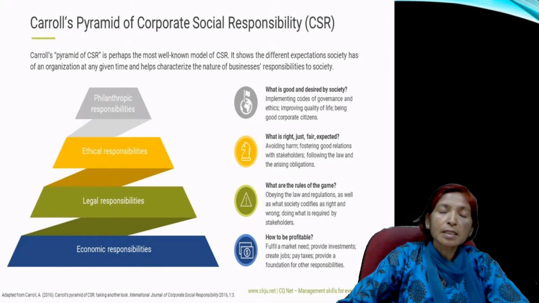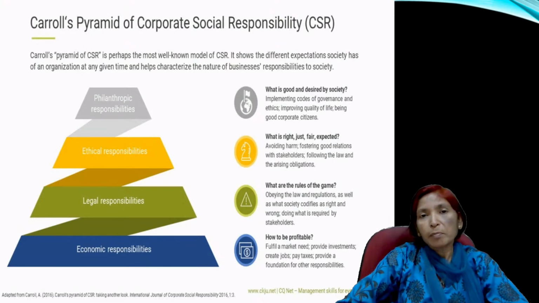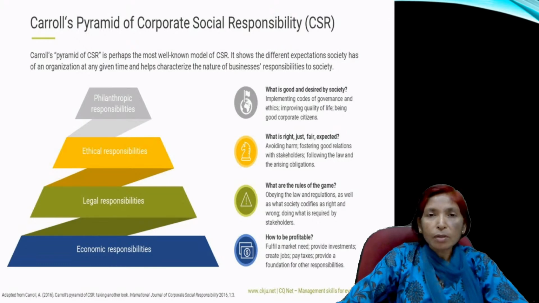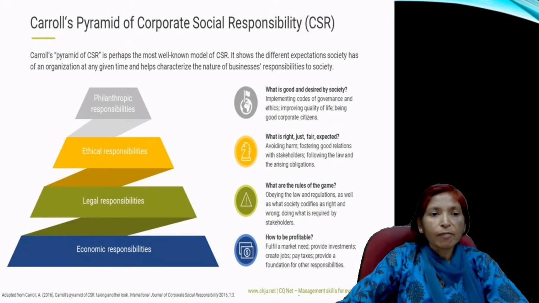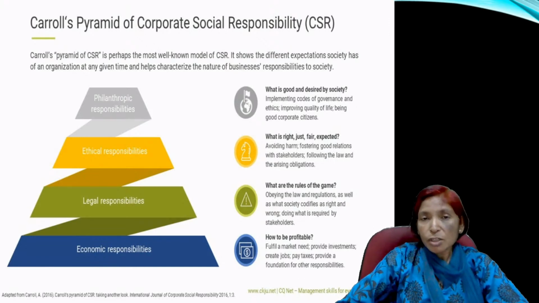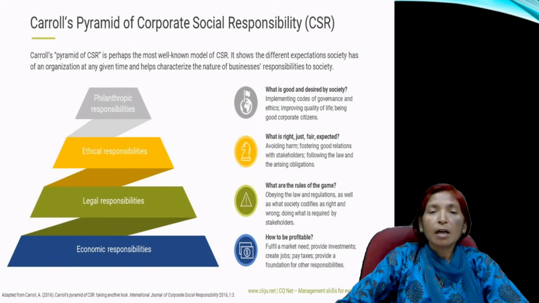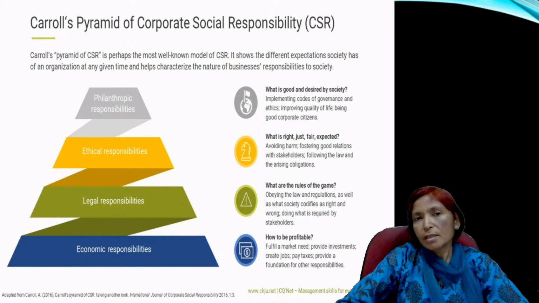So it's the company's social responsibility or ethical responsibility that a company should work in a good way, not in a bad way. A company should do good things or right things instead of wrong things. And philanthropic responsibility means a company should arrange some money from grants, donations, sponsorship, and charity, and use that money